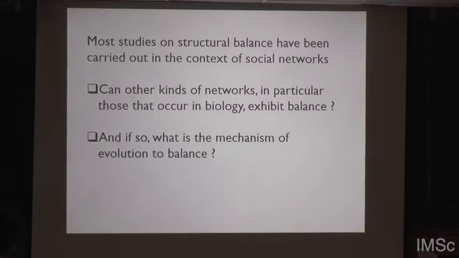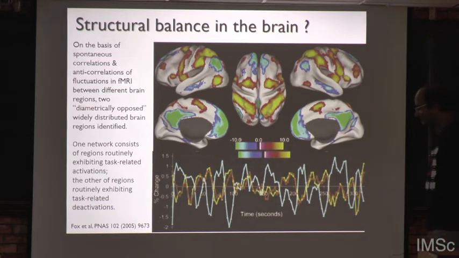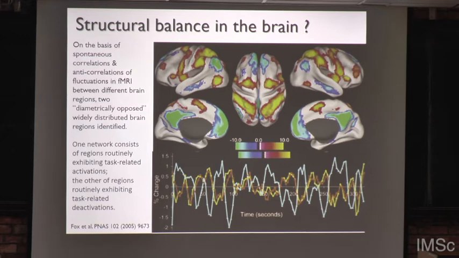Now, all the examples of structural balance that I mentioned essentially occur in the context of social sciences. So, what about biology? Is there evidence that structural balance is an important concept in biology? Okay. It turns out that there is indirect evidence, at least in neuroscience, that structurally balanced networks may be the norm. So, for example, in work carried out in